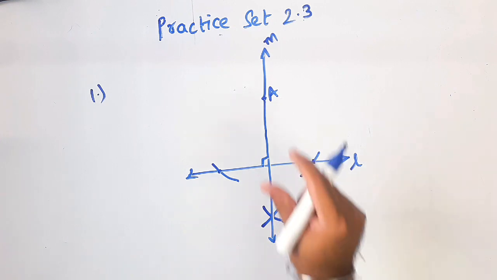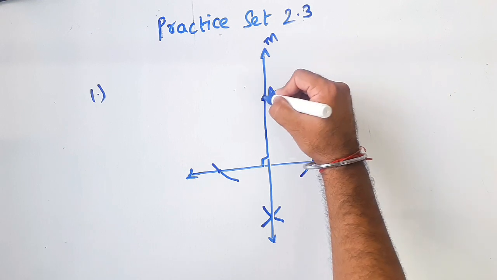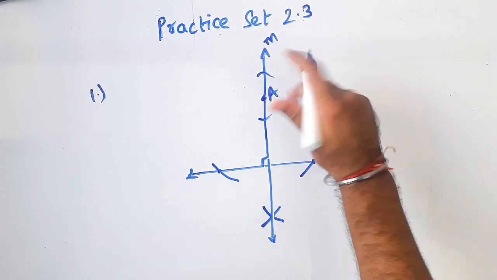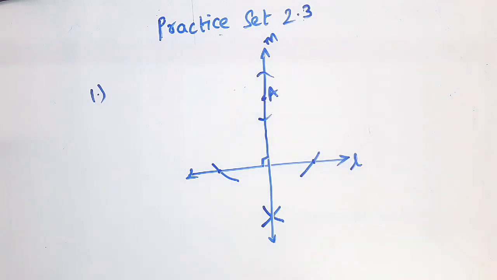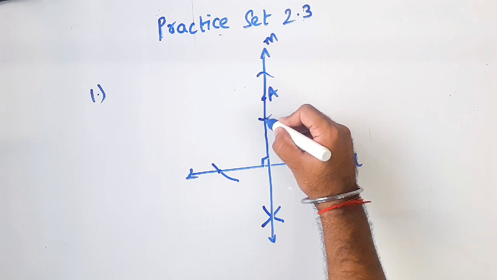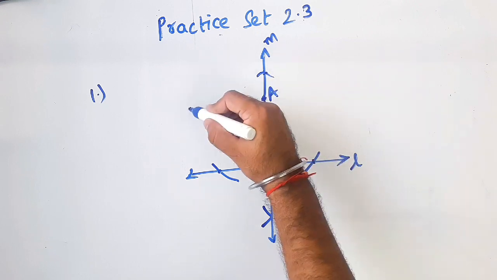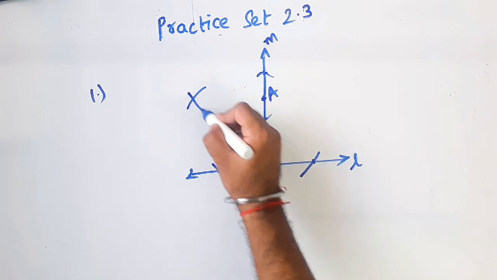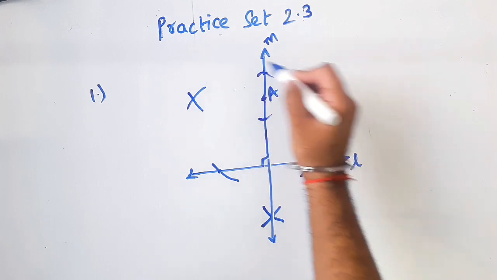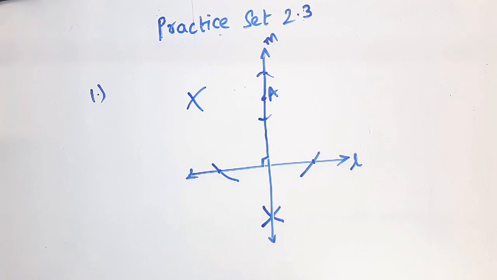So how will you do it? Take any small radius, maybe 1 centimeter, maybe 2 centimeter. Place the rounder on A, cut the 2 arcs, on either side, on both the sides. You can take half centimeter, 1 centimeter, anything. So these are the 2 arcs. Now place the rounder here and draw arcs. From here draw 1 arc, and from here also draw 1 arc. Taking a suitable measure, you can draw these 2 arcs.